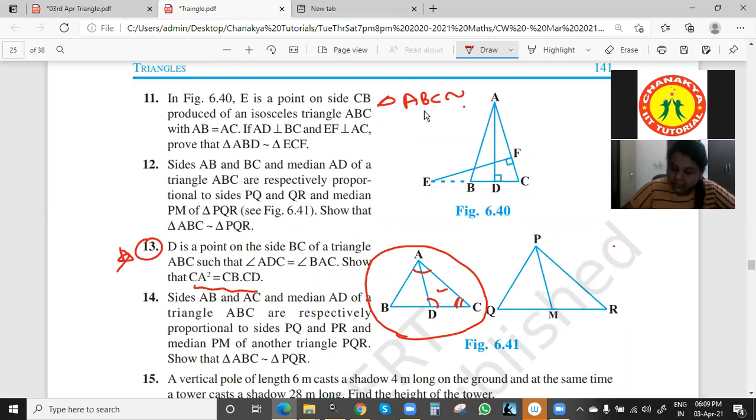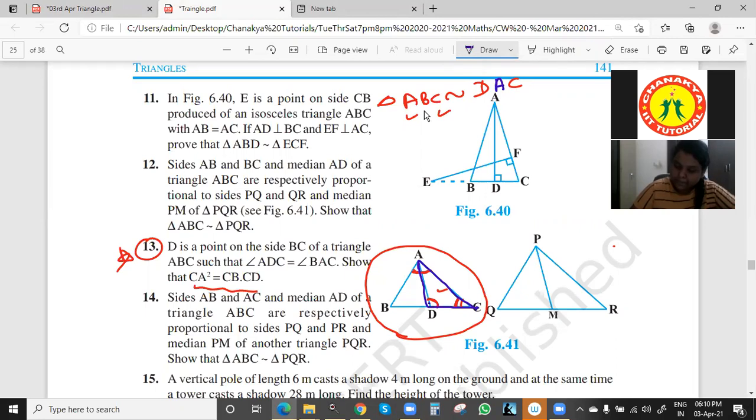So see how we can write in sequence. C is there, and here also C is there, so C will come at the end. Angle A of the bigger triangle ABC is equal to angle D, so for the small triangle, in place of A, D will come. The remaining vertex in the small triangle is ADC. Smaller triangle is basically triangle ADC. Angle A is equal to angle D, and C is common, so C corresponds to C. And for the small triangle, the remaining vertex is DAC.